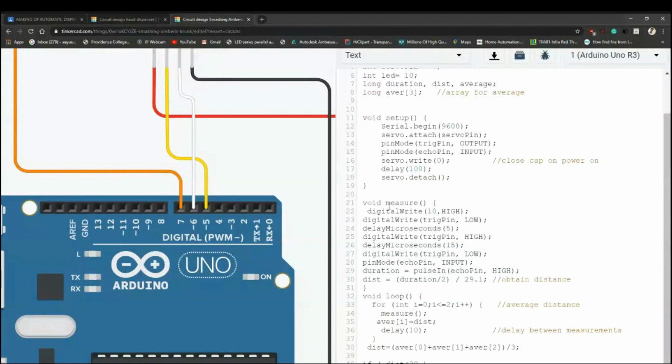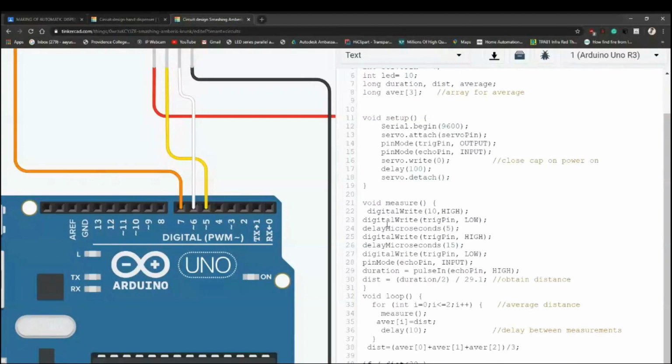So first it will measure: digital write the trigger pin to low, delay for 5 microseconds, digital write the trigger pin high and delay for 15 microseconds. So what it will do is measure the distance first.